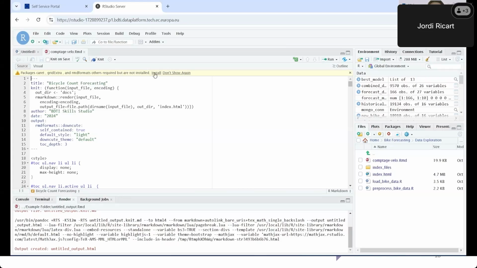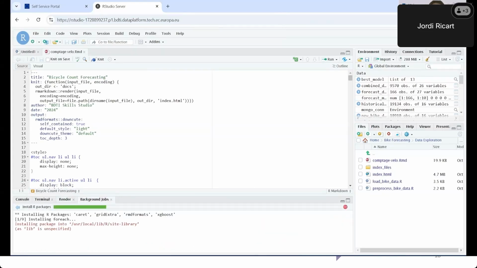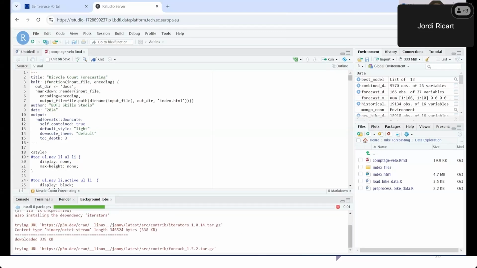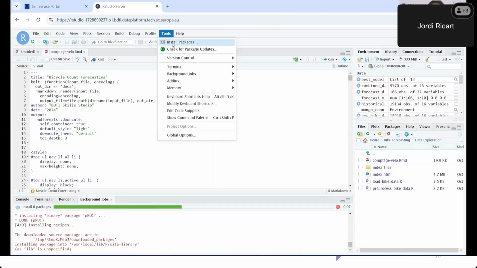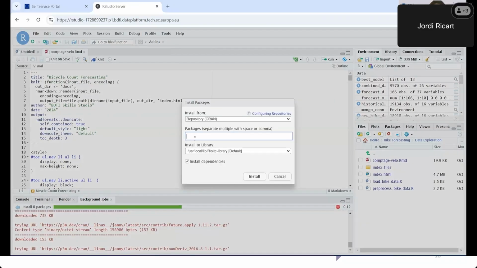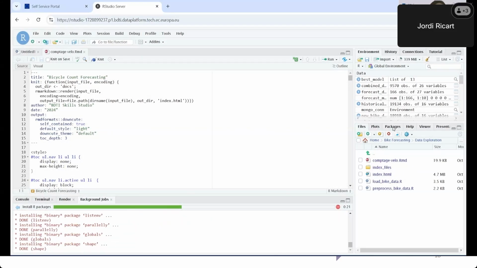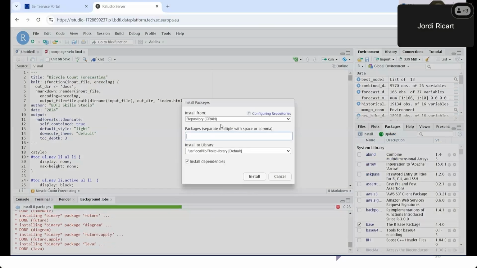So we'll just click install here and it will automatically do this for us. There's other options to do this that we'll see now. For example, we can go to Tools, Install Packages, and look for the packages that we need. So if we need this one, we select it and install. We can also go in this section here on Packages, click Install, and again do the same thing, look for the packages to install.